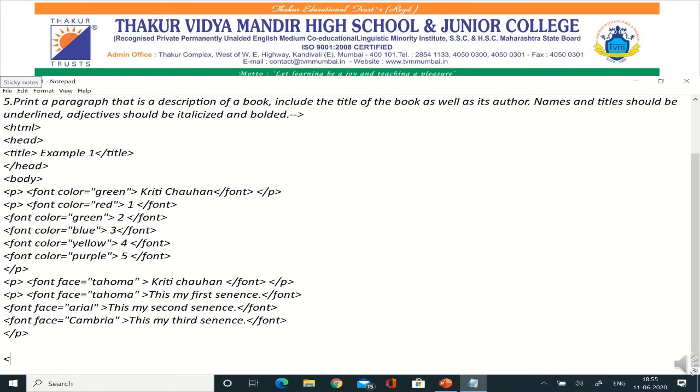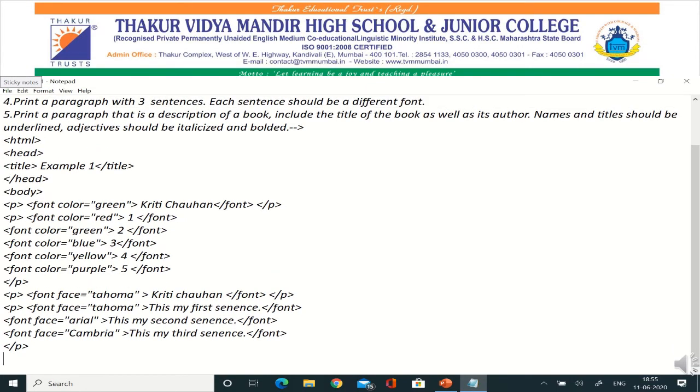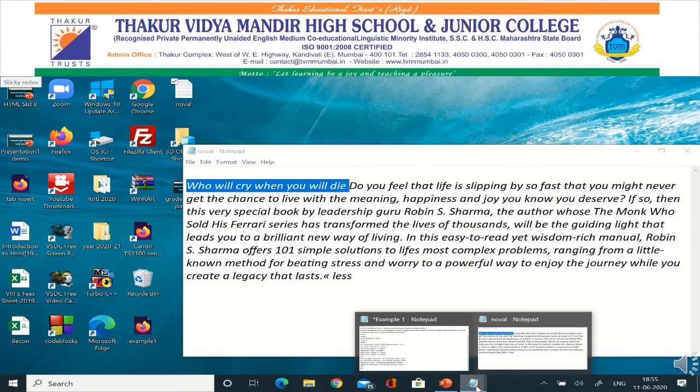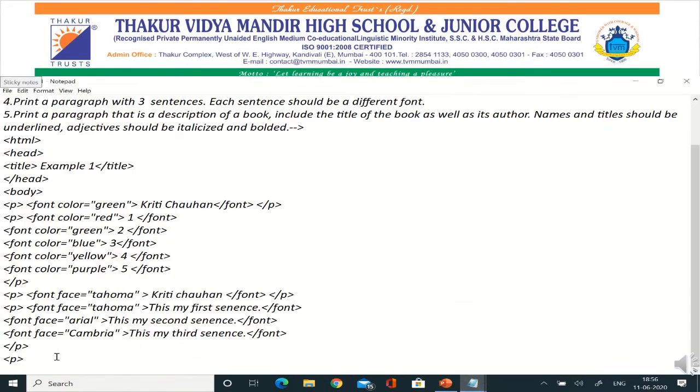Now we are going to start with question number 5, where we have to write the description of the novel. Within a P tag, I have taken the small description of the novel. In another notepad, I am going to copy the title. The question specifies clearly that whenever I use the name and the title in the description, I have to underline them.